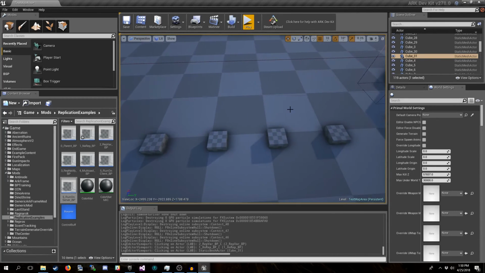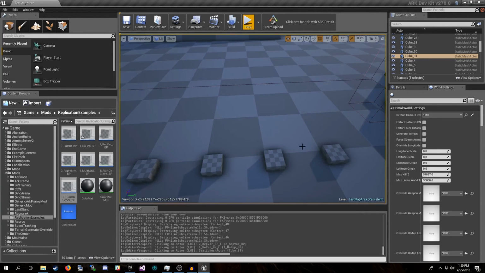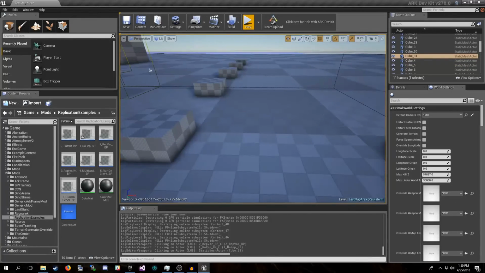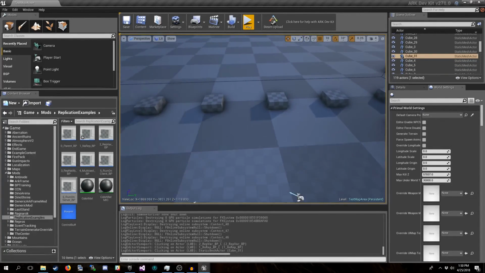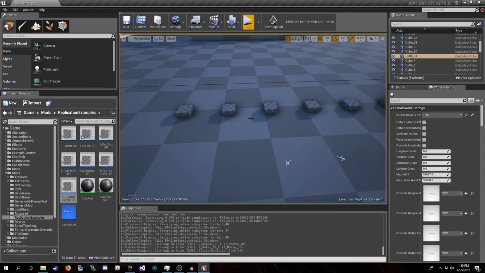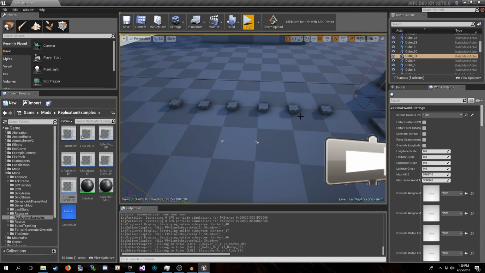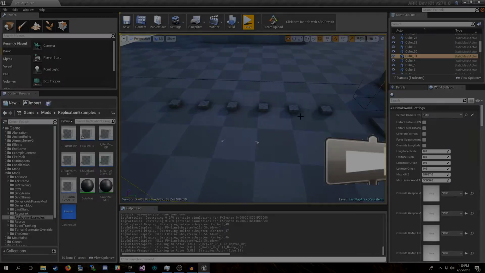If it is owned by a client, then you don't have to use something like this control buff. If it's not owned by a client, then you need to create some kind of medium, or you need to set it to being owned by a client. And then the data is that linear color struct that we are passing from client to server in each of these scenarios, or from server to client.